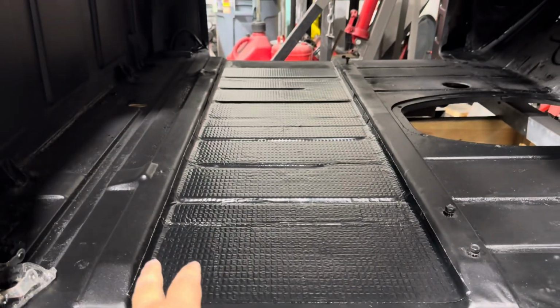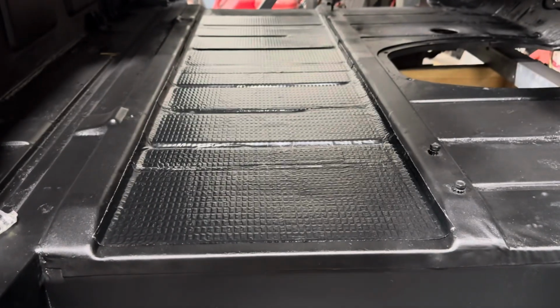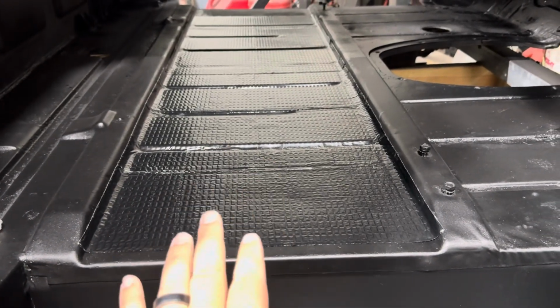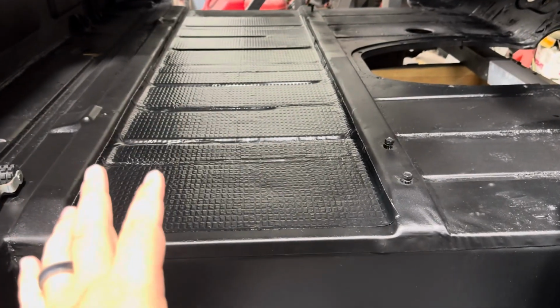So that's just 2 sheets down. There's a little seam that we have here where the 2 sheets meet. Don't worry whether you have a little gap or not where your seams are, because they sell tape that I'll show you in a second that goes along with this that will seal any of the gaps that you have. Now this is minimal vibration dampening, so